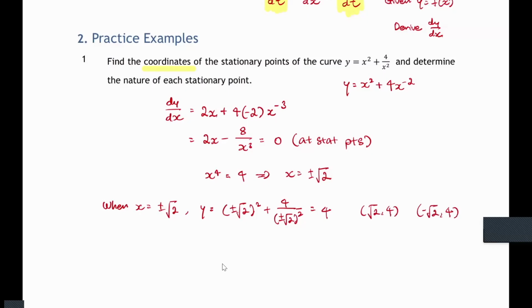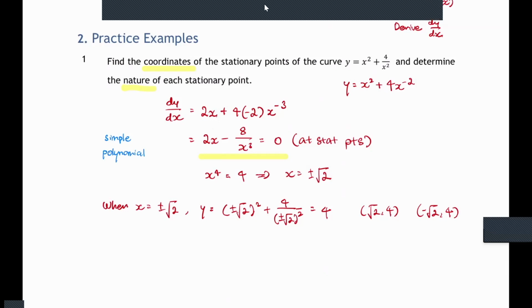Last one, I want to find the nature of each stationary point. What will I do? In this case, I look at the expression that I have after I differentiate. It is a simple polynomial. So we can always do first, but for this one, maybe I'll do second so that you can see the procedure for second. Later, we'll have a question, the same question, we'll do first. So we have coverage now on both. So this is a simple polynomial, we can use the second derivative. So the second derivative requires us to differentiate again the function.